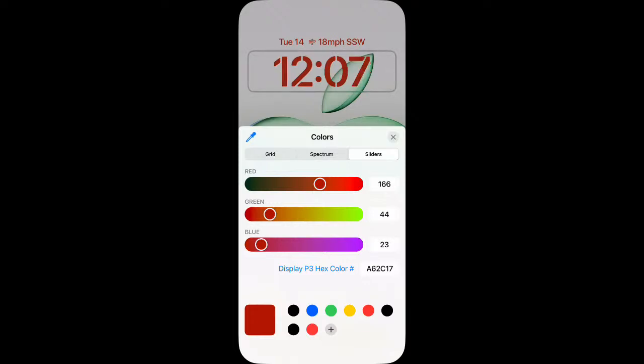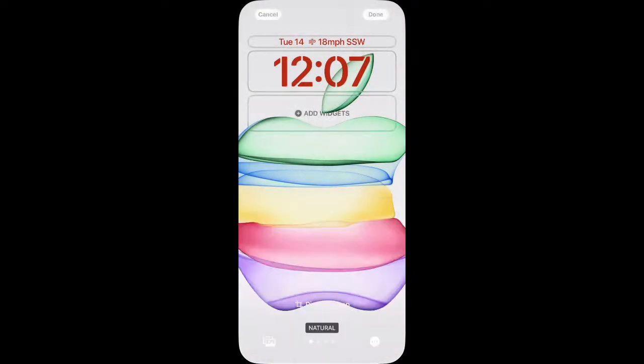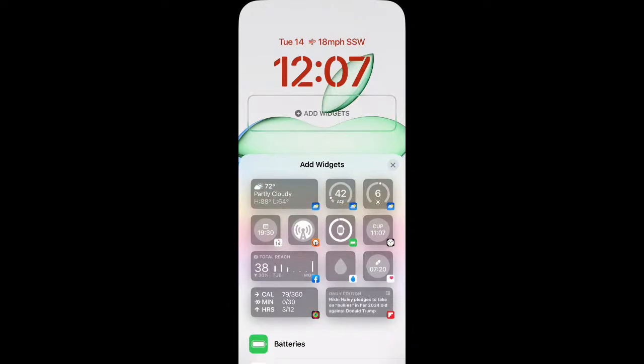We're going to hit the X to get out of there, hit the X to get out of font and color, and now we're going to go into the third section to add widgets. So now we have 2 types of widgets. We have half widgets and quarter widgets. So obviously we can put in 1 half and 2 quarters, or we could put in 1, 2, 3, or 4 quarter. So here's one for my watch. Says that it is almost charged. And let's put in